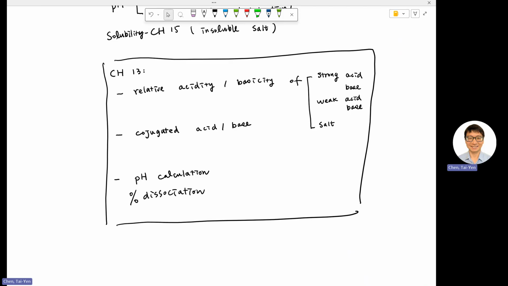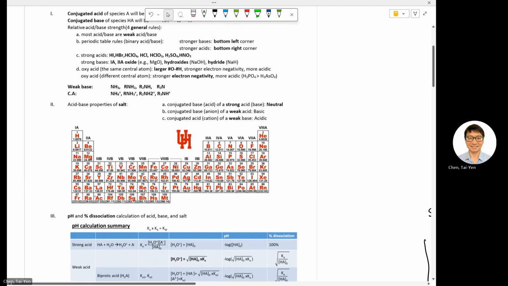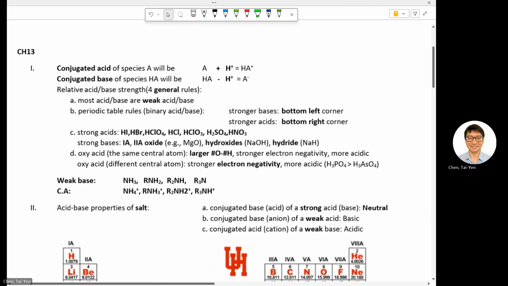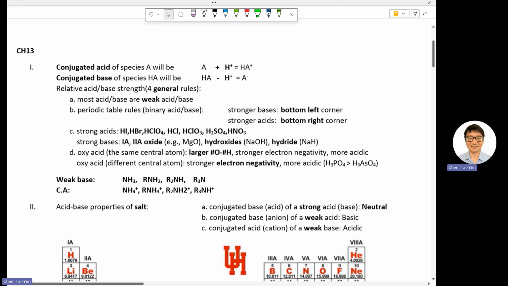We're going to talk about acid. People have studied acid and base for an extended amount of time now. In the very old time, the first person to bring up the concept of acid was Arrhenius. Basically, the definition of acid and base was very simple: species that generate protons is acid, species that generate OH minus is base. That is generally true for most of the things we're going to see for chapter 13 because